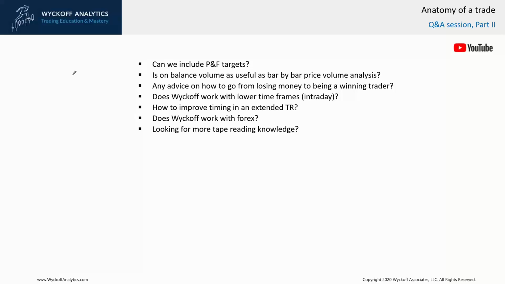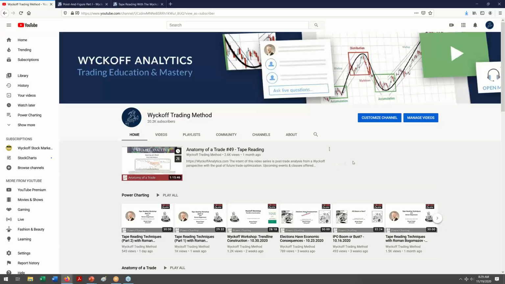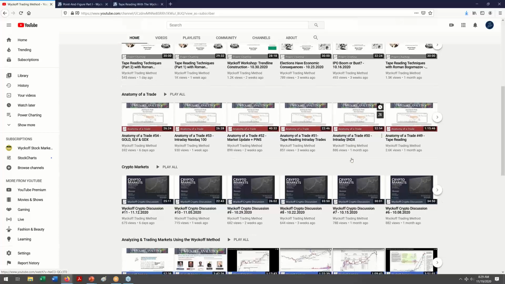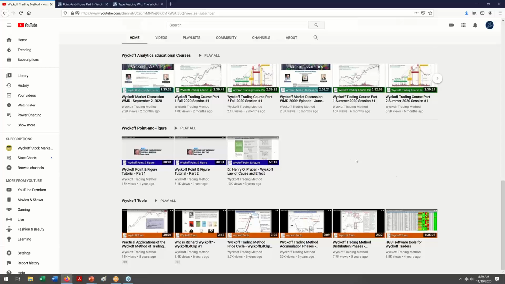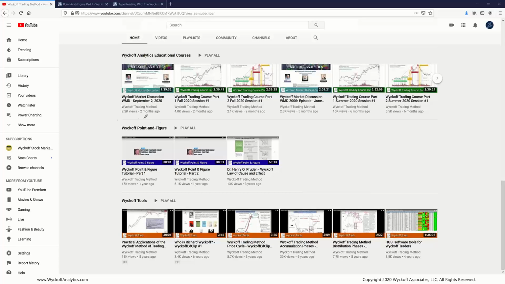The first one is, can we include the P&F targets? This is a very common question that students would ask: where could I learn about, let's say, P&F targets? And by P&F targets, when we think about the Wyckoff method, we usually mean horizontal counts. I want to show you a very good source for this information that you could find on YouTube. So go to our Wyckoff Trading Method YouTube channel and scroll down, and then under the Wyckoff point and figure,